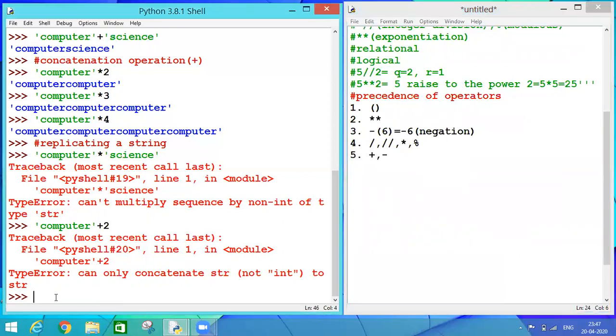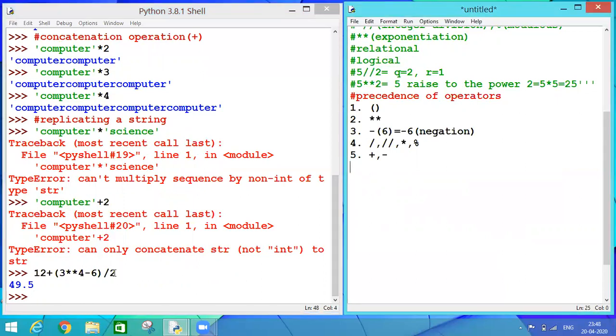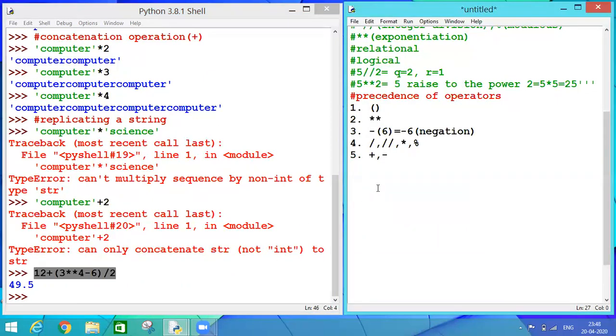So let's have a look upon one expression. Let me type one expression, 12 plus, now 3 exponentiation 4 minus 6, division by 2. Now the result is appearing as 49.5. Now let's check how does it work. First of all, according to our priority level, the precedence goes to this parenthesis.